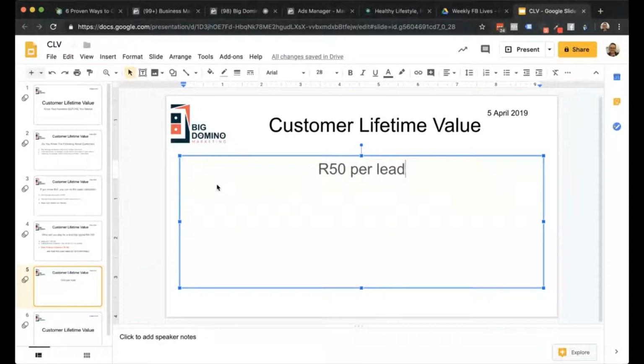To put that offer out there, you can use Facebook's lead ads, very easy to do. We've got a course that shows you how to do that. If you need any information, I'll pop it in the comments below. But basically, we found on average you can get a 50 Rand cost per lead quite easily in a business.